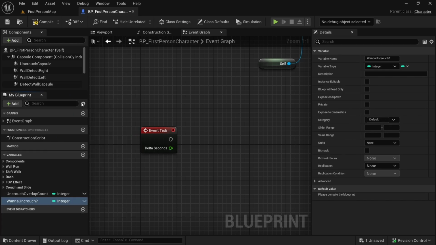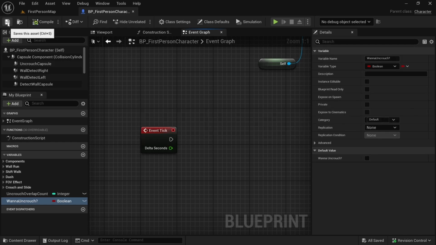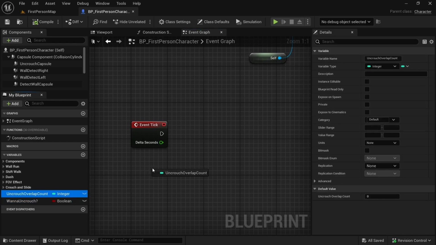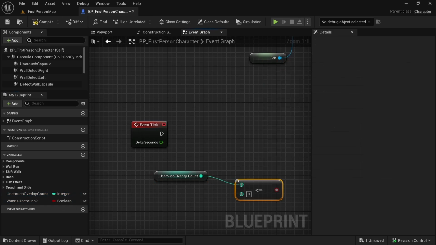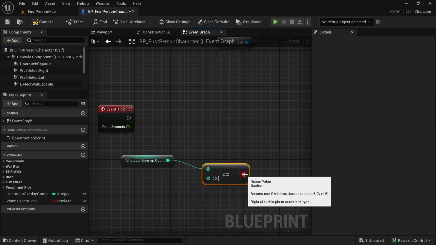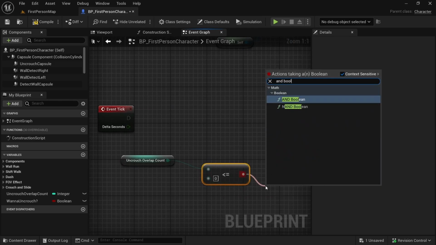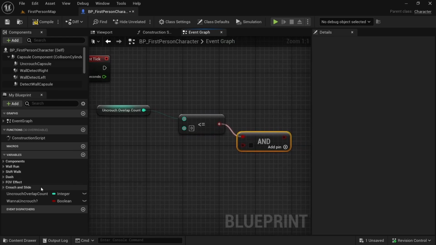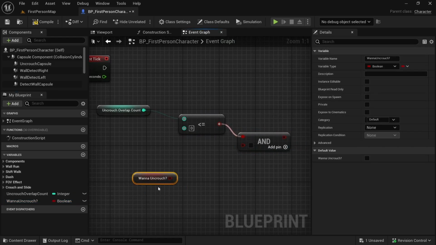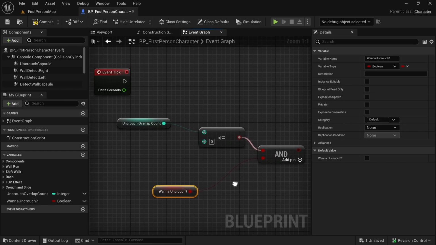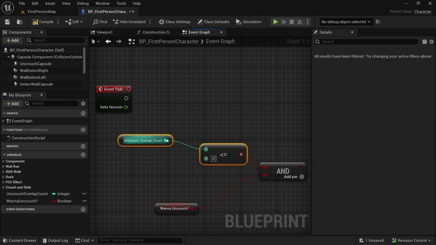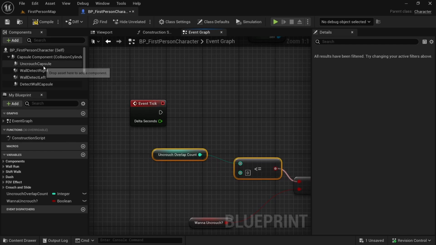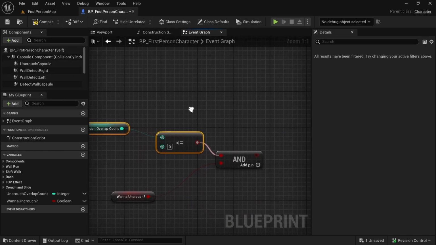It is going to be a boolean and it is going to be false by default. Now what we need is we will get this and we will check if this is less than or equal to 0, and we will get an AND boolean, and we will get this as well connected here. So if we are not overlapping anything, if the uncrouch capsule is basically not overlapping anything and we